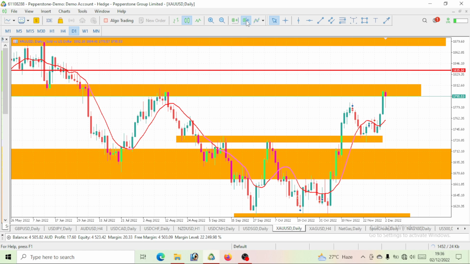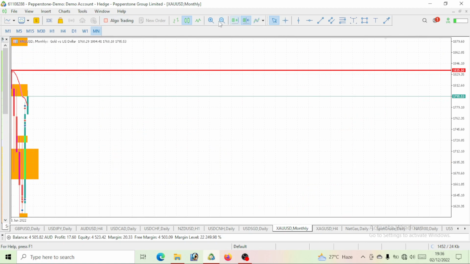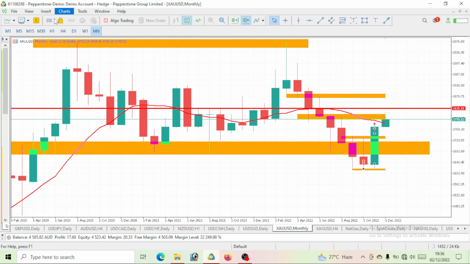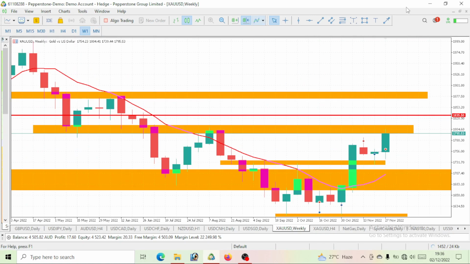Now let's see what the moving average also says. So notice that on the monthly time frame, the price is above our moving average. You see, price has just broken above this moving average, right? That is to tell you that on gold, we have to go long. If you take a look at this weekly time frame also, you see that this price is above this moving average, still an indication, and it is still telling that you should go long.